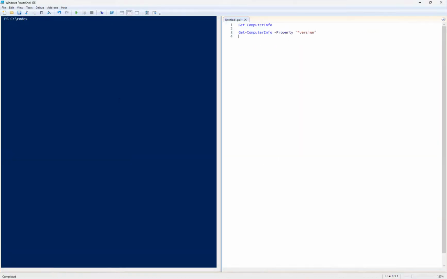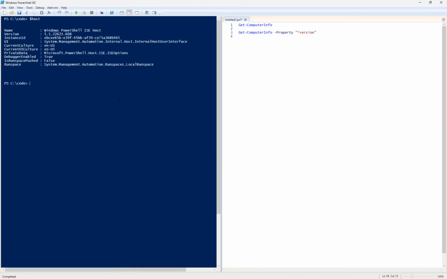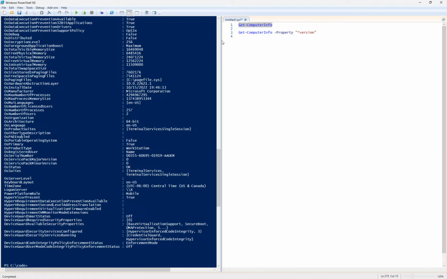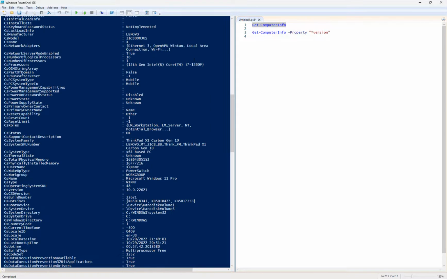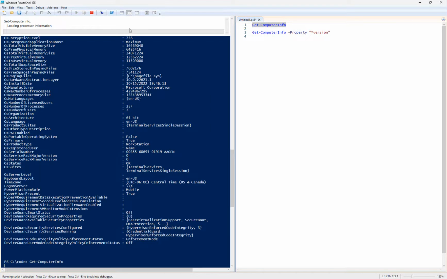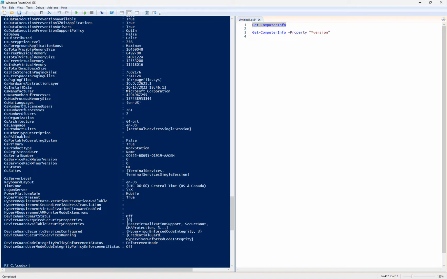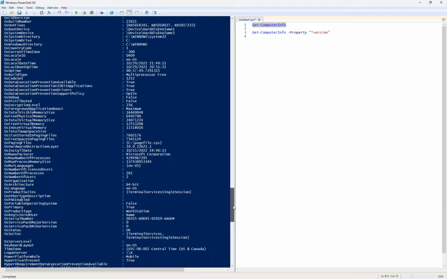Switching over to our ISE environment, we'll do $host. We are looking at ISE 5.1. And we'll go ahead and execute get-computer-info with no parameters. It takes a second, and it's kind of brief, but you can actually see it processing a bar up here where it says loading processor information, loading some other types of information, and comes back with a lot of